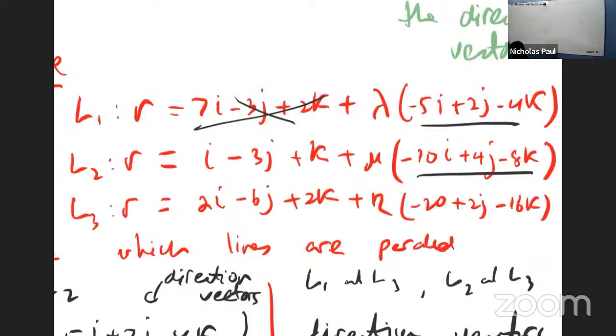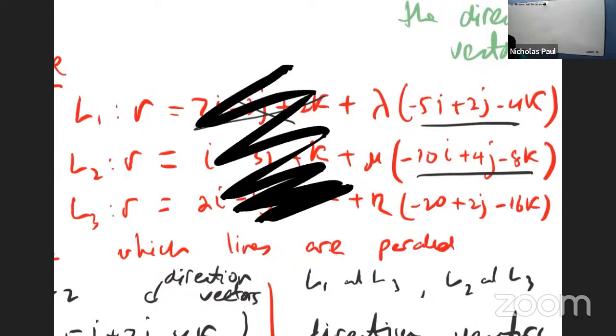So I kind of cross out. If you look at the note, I kind of cross out some parts of it, right? The way you're looking at that, I want you looking at direction vectors. So which of those direction vectors are